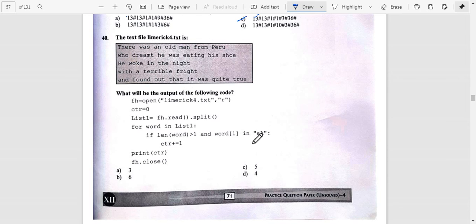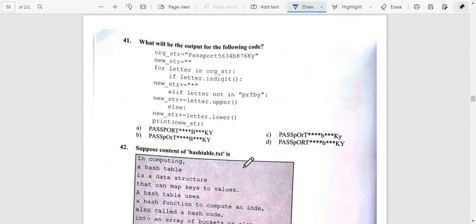If greater than word and word[1] in list A, then count, it will be R. So first 10. Okay, so now 10 will be split in this code. So how many lines? 1, 2, 3, 4, 5. So each line calculates 1a. Okay, so now the answer is C.